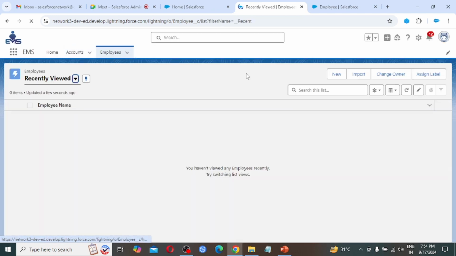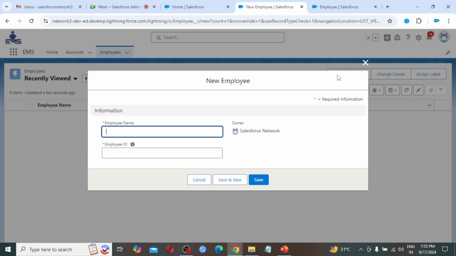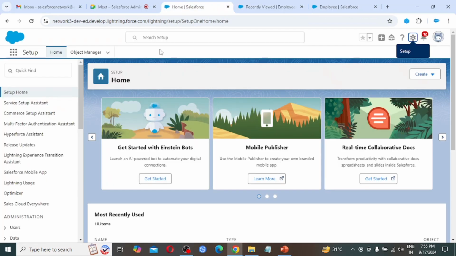Click on employees, again click new. Still it is not available, so give this page a moment. So close this.